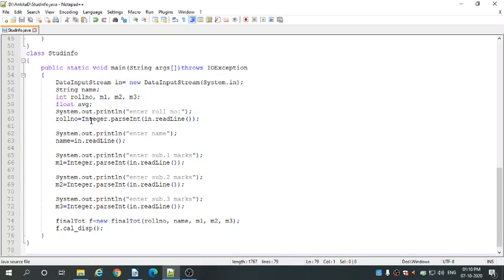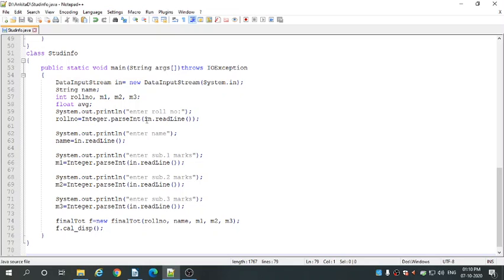So you know what is the use of Integer.parseInt. Integer.parseInt helps you to convert a string value into an integer value. You know Java reads string values, and roll number we have declared as an integer type.